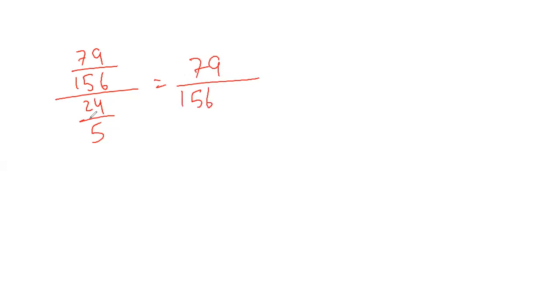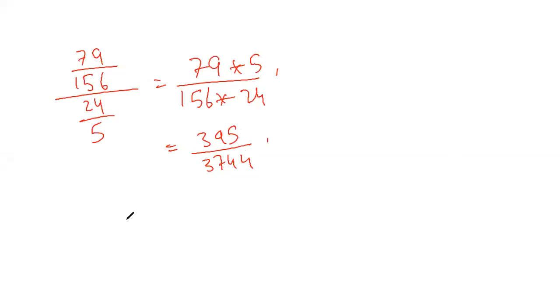And 24 will kick this number up, which you must have learned in the fraction chapter. So it will be 79 into 5 divided by 156 into 24. So this will be the final answer. Accordingly, you solve this big sum and we will get 395 divided by 374. Okay. Now this is the first part of the seventh question.